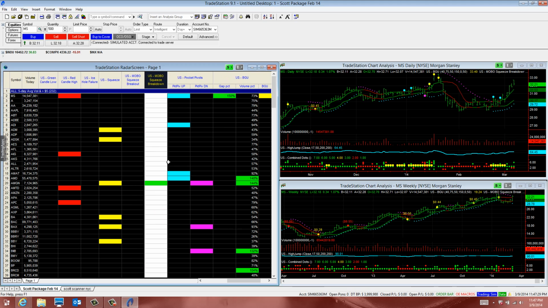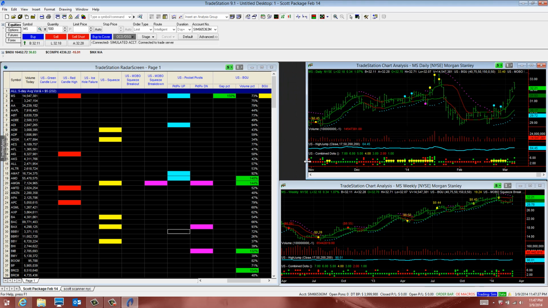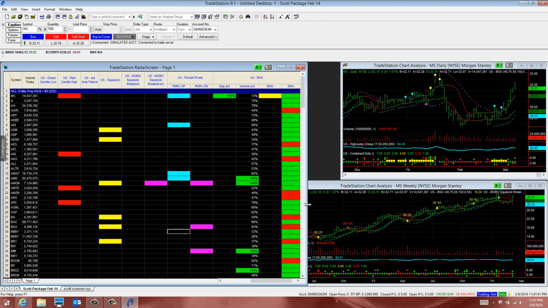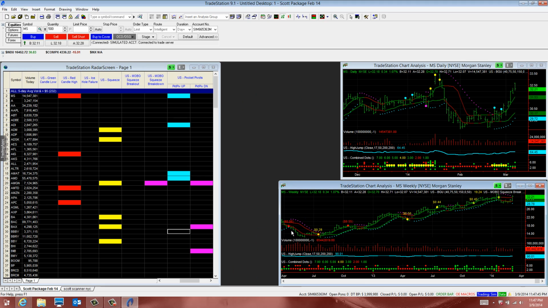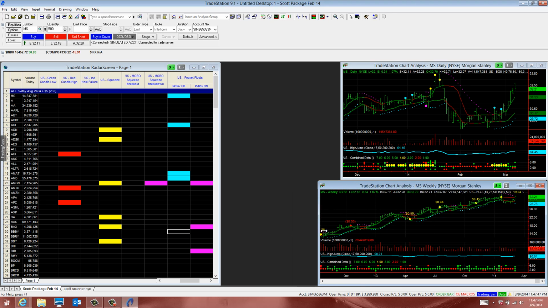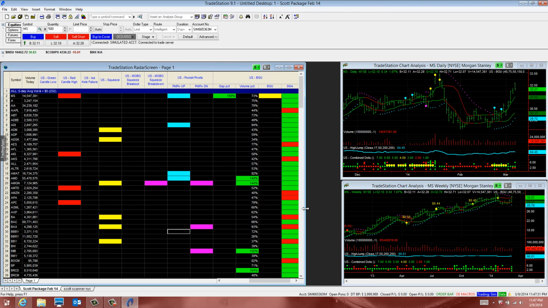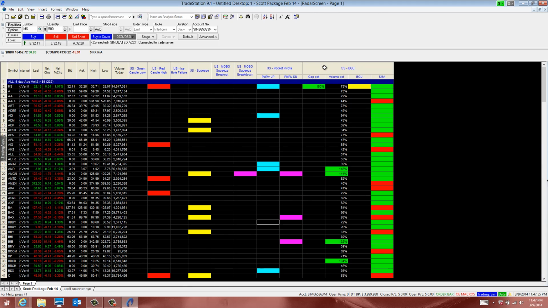All right, so now I'm able to get my indicators in one view. I can make my charts smaller. Now, hopefully you've got modern resolution, which is now getting beyond the 1920 by 1080. And if you do, you can get a lot more information in your charts. So what I like to do, and I'm just going to open it all the way right now, is I